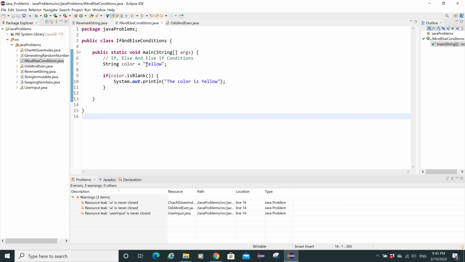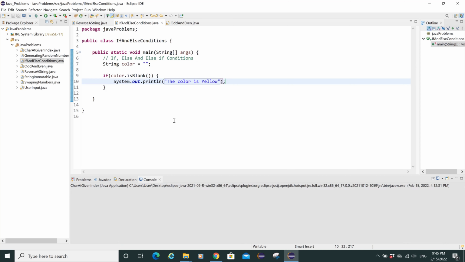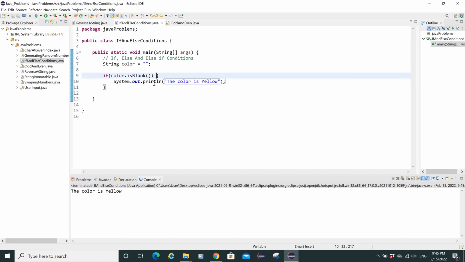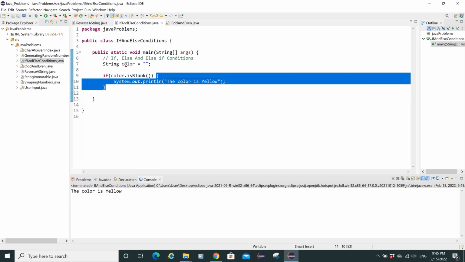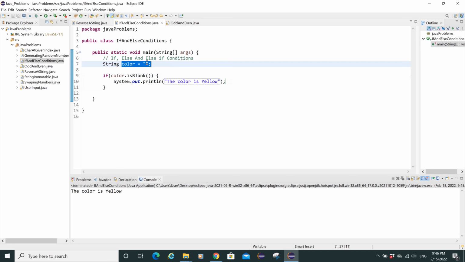Okay, let's not do it this way. We will check another way. Let's use isBlank over here. Right now, save the code and run it. So you see, the body got executed. Why? Because the color is blank now. It has no value. So that's why this if condition became true, and the body got executed here